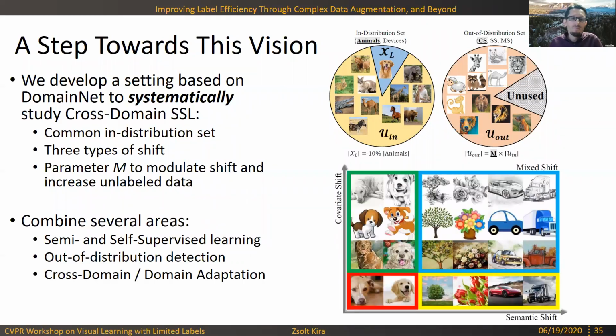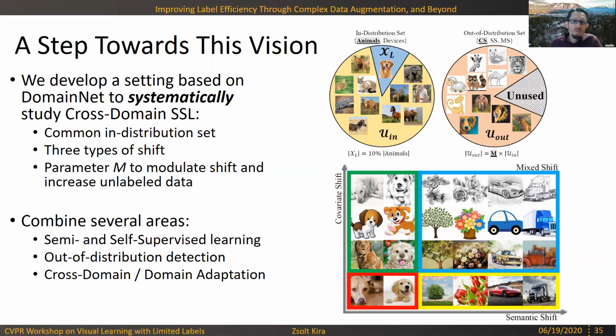So this is showing some examples. On the lower left, you see the in-distribution data. So these are just real images of dogs or animals in general, actually. On the upper left, you see covariate shift. So this can be sketches or other art, but again, of animals. On the lower right, you see semantic shift, meaning it's completely new classes, but it's still real images. And then upper right, you see both of these types together. So these are no longer real images, and they're also no longer animals, for example. And so we can, again, look at the amount of shift and the type of shift